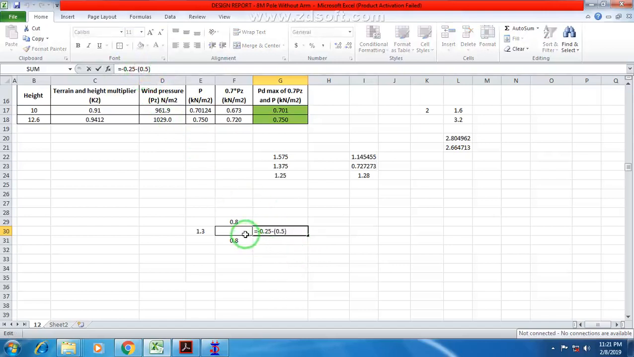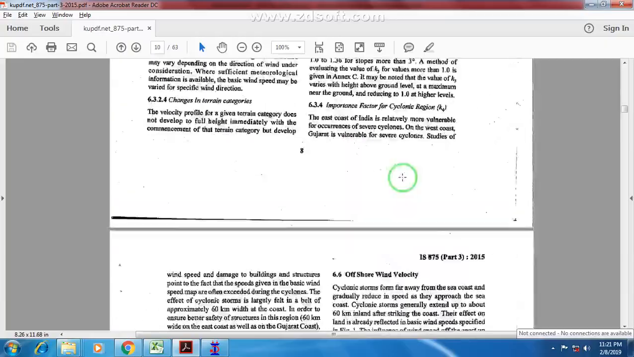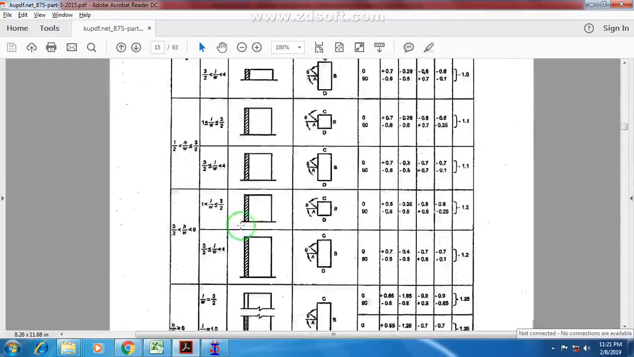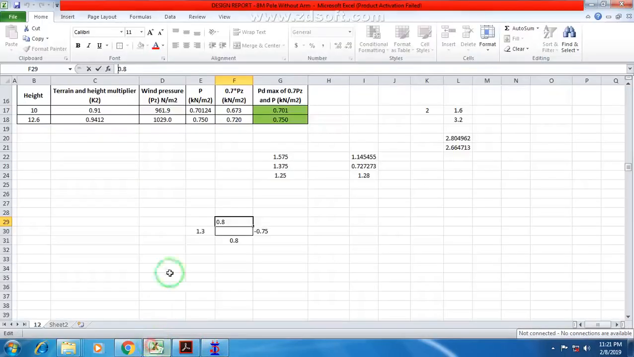Okay, now for other faces also it will be the same in the same way. It is minus sign, minus 0.8, so it is equal to minus, indicating that it is away from this face. The most critical case will be when the internal pressure coefficient is moving towards the face, so